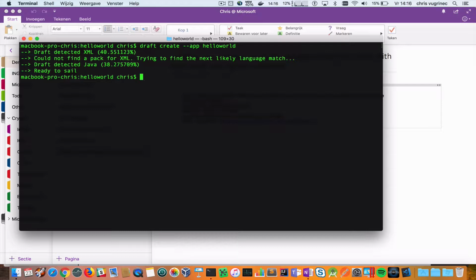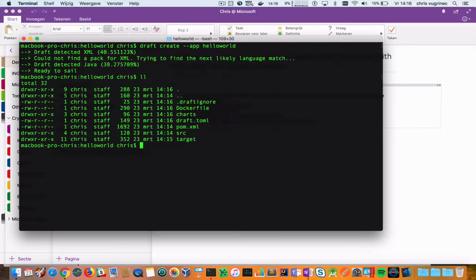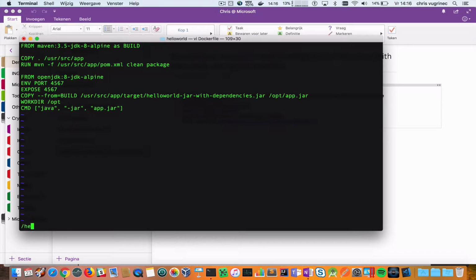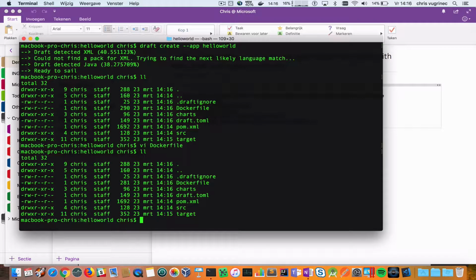It will detect that this is a Java project, and based on that it will create for me a Docker file, a chart folder, and a draft.toml file. So it's not perfect yet, but it saves you a lot of time. I'm going to the Docker file, and it assumed that this would be my build output. It's not, because the output is this, and it also makes assumptions on the port which are not correct as well. But furthermore, I got everything I need, and I just want to have this pushed to my Kubernetes